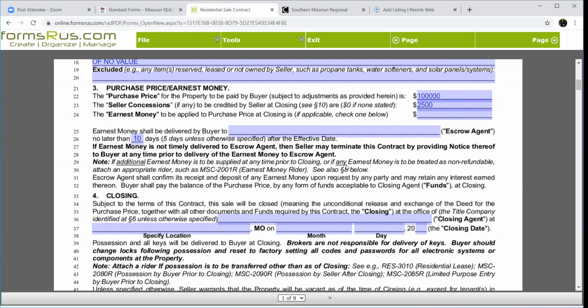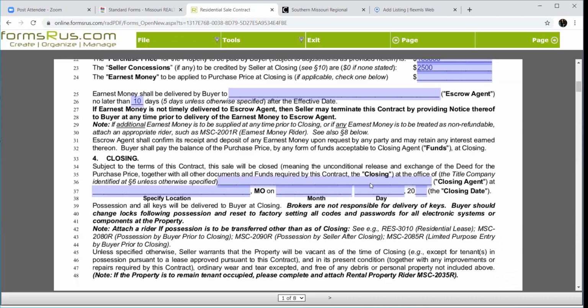And also note here, guys, this is new. If it's to be treated as non-refundable, then there's a special rider that you can use for that. I've had some recently where the seller's demanding a non-refundable earnest money deposit in order to extend the contract. If you have that, then you need to use that other rider, because the earnest money here, as I'll show you later in the contract, is just about dispute. If you've got it non-refundable, then you can't dispute it, obviously.